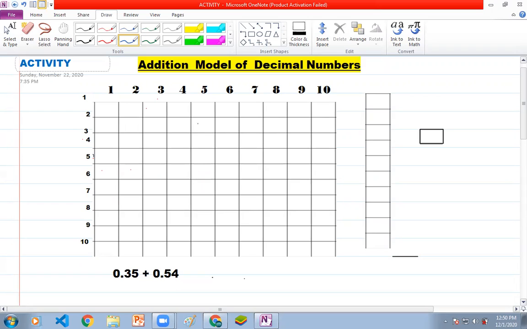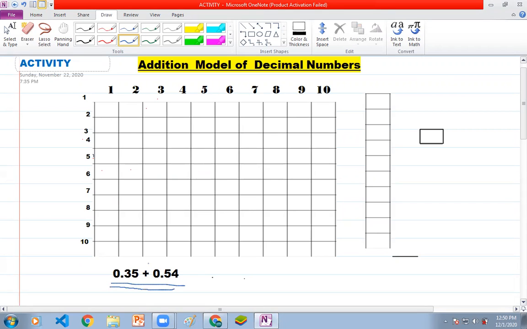Hello children. So today we are going to do an activity on how we can add decimal numbers on a graph paper. So let's learn how to do the addition of decimal numbers on a graph paper. You can see the decimal number I have with me, and I'm going to add